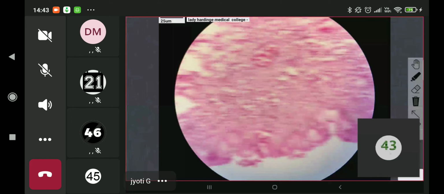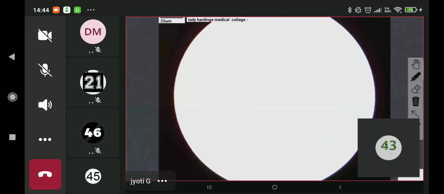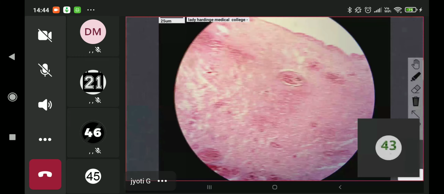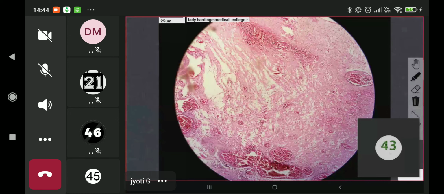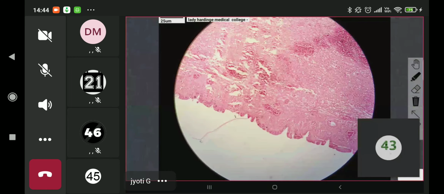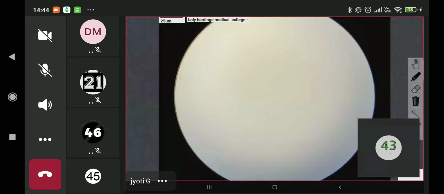Okay? So you will see a cyst wall. The cyst wall is basically fibrocollagenous only. It can show you congested vessels. It can show you areas of hemorrhage also. Sometimes the cyst can undergo torsion also. And then you can see all these congested vessels sometimes. But basically, mainly you have to see the lining epithelium. What kind of epithelium is it? And you see that the epithelium is seen only on the surface. Nowhere is it going inside or proliferating inside. Okay, so this was a mucinous cyst adenoma.